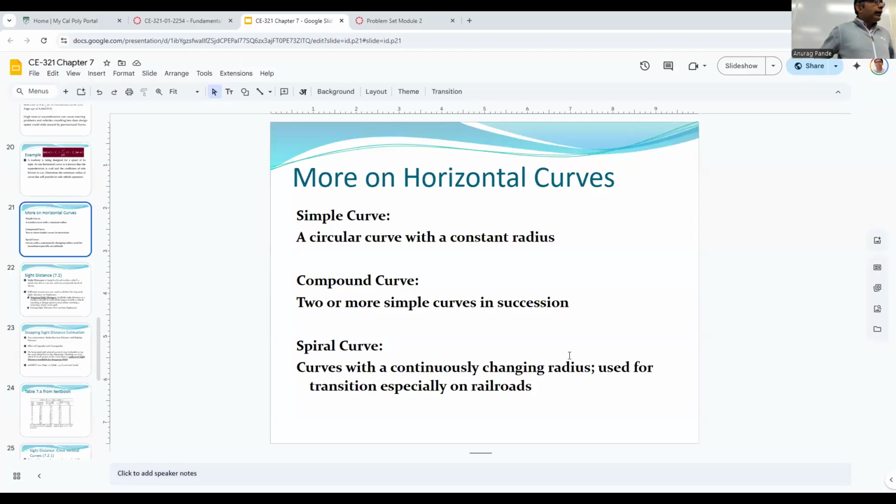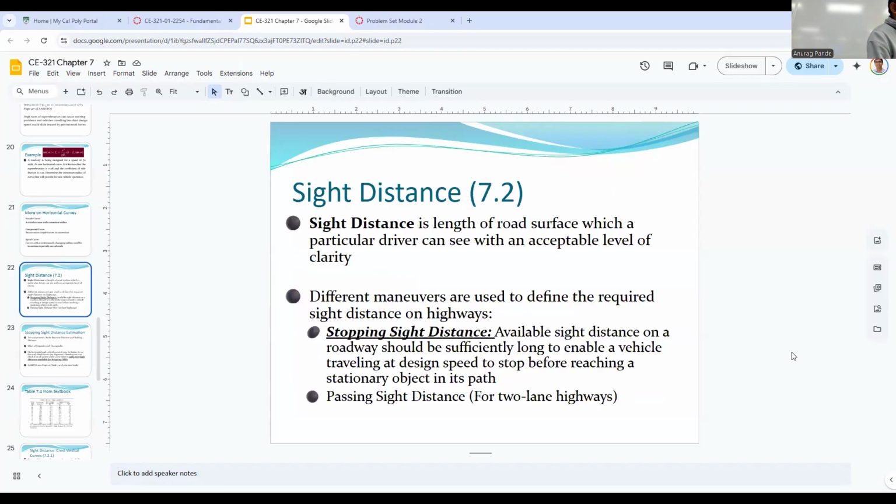Okay. So welcome to CE 321, we're talking about the sight distance issue. And again, this is your reading assignment 7.2. As we have mentioned before in the class, you should be reading all these assignments. Now, sight distance as a term is a simple term. It means exactly what it says, right? Sight distance means the length of the road surface which a particular driver can see with an acceptable